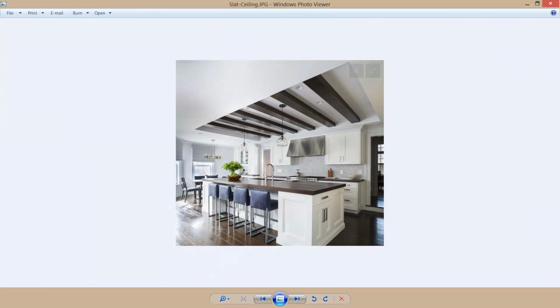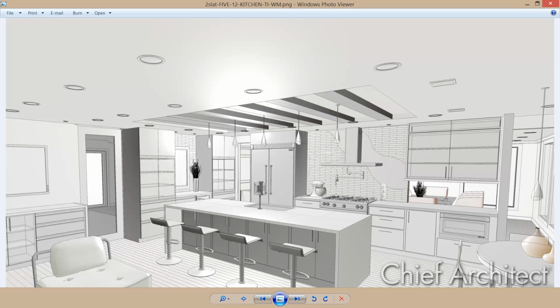The first ceiling that I want to create is inspired from this photo. And you can see what we have is an inset. I suppose I'm going to call those slats that we'll go ahead and design and create right over the top of our island. So this is my rendering of it, and I'm going to use the Soffit tool and show you how to